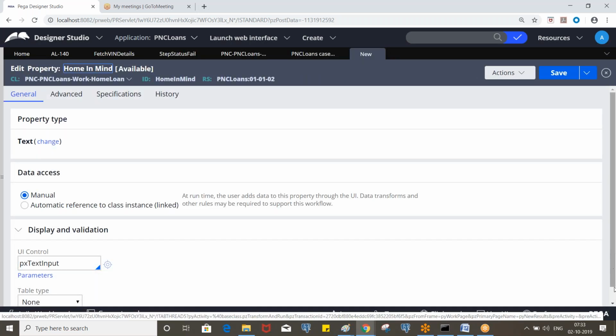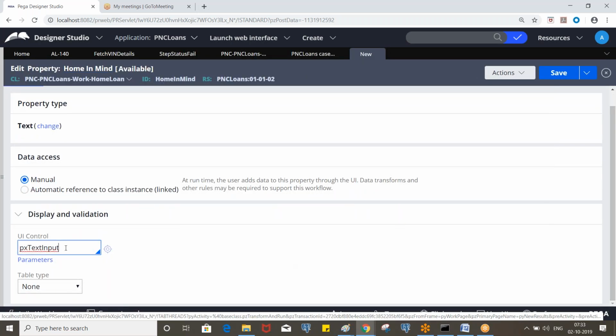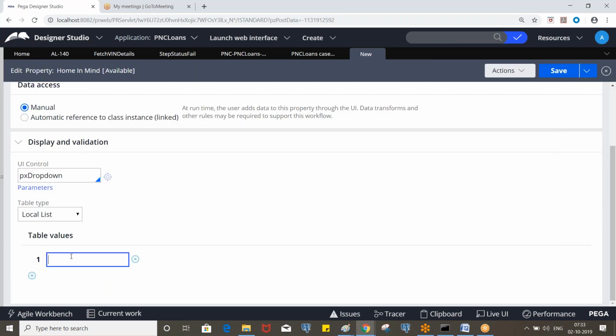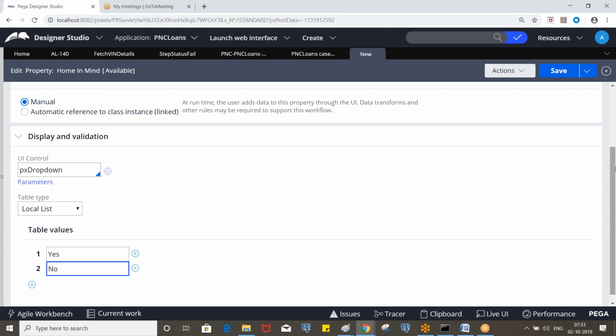This one will be a drop down, and this can be yes or no.